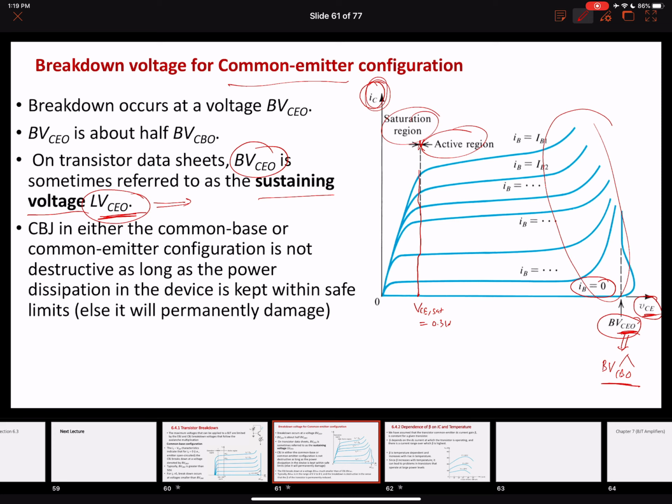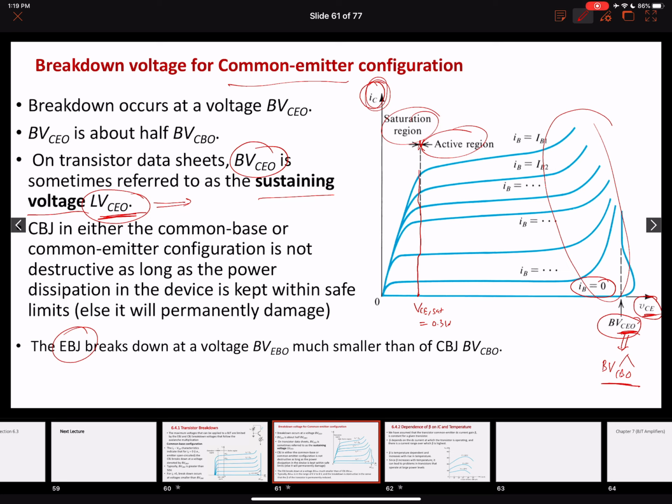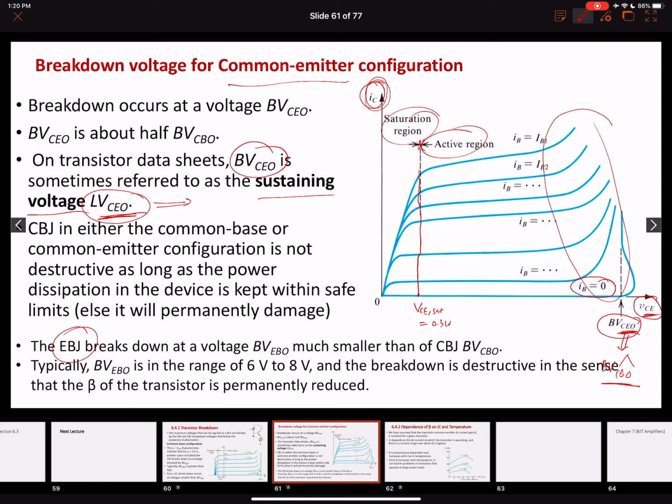All right. So by now we have talked about the collector base junction breakdown voltages. Very quickly, how does that compare with the emitter base junction? Our emitter base junction usually breaks down at much smaller voltage values as compared to the collector to base junction, right? So the breakdown voltage values for the emitter to base junction is around 6.6 to 8 volts, and